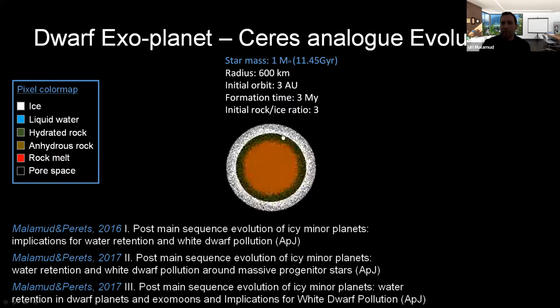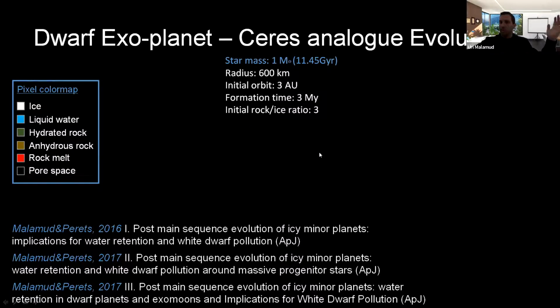You see this, all of this ice basically migrates to the surface, forming an icy mantle. The rock inside the core becomes hydrated, and then the internal core, the inner core, is even hotter, so it becomes dehydrated. It exudes all the water that it had previously absorbed. There is some melting in the core for a brief moment. And then during the RGB phase, the star becomes luminous, and all of this water sublimates to space. And during the AGB, the exterior rock is even baked, like you see here.